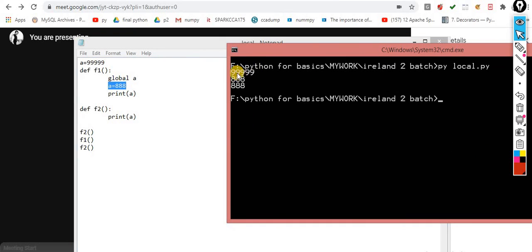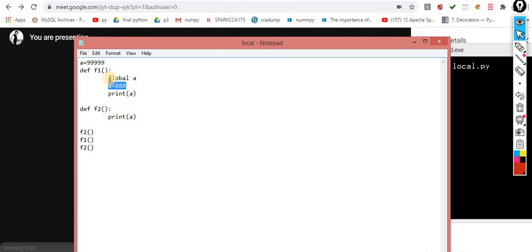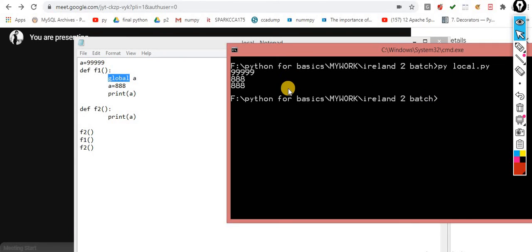Now you get 999 in the first attempt that I call it, because at that time this function is not executed, and I get the output 999. In the second attempt I call this f1 function. When the f1 function executes, it makes this one a global. Again I call this f2. This time it is hitting this value, because it already exists. The global a I already implemented. So you are getting this output.